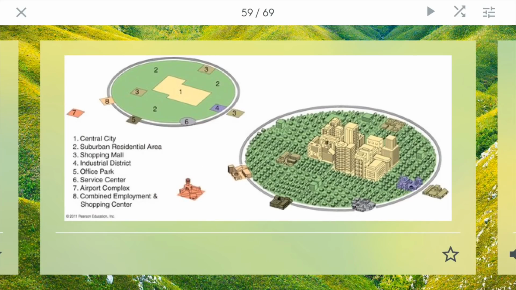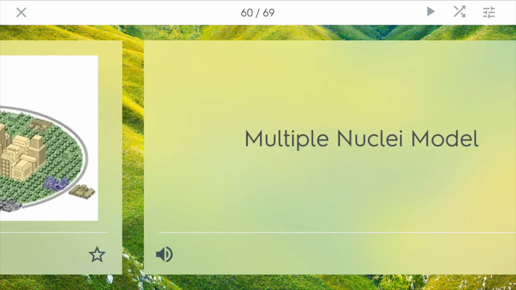As you can see here, there is a central highway that surrounds this location. Central city, once again, is in the center, but different important parts of the city, for example, airports or other shopping centers or residential areas, sort of tend to gravitate toward the edge of the city, surrounded by that highway, which helps to link everything together.